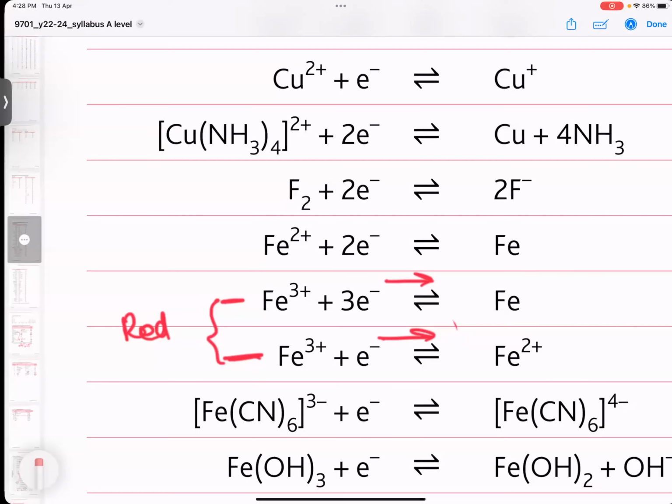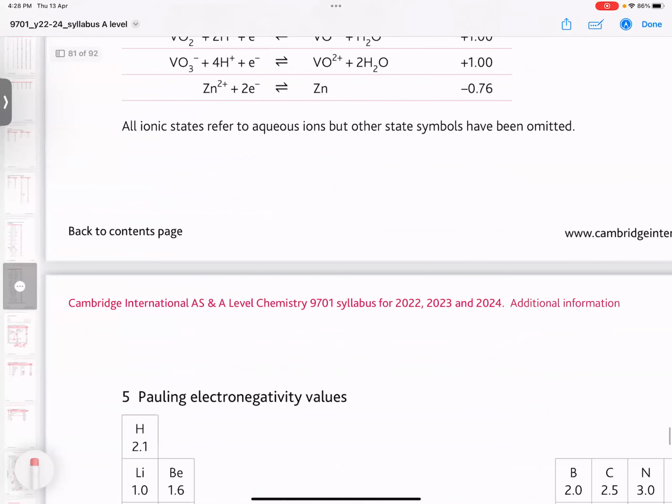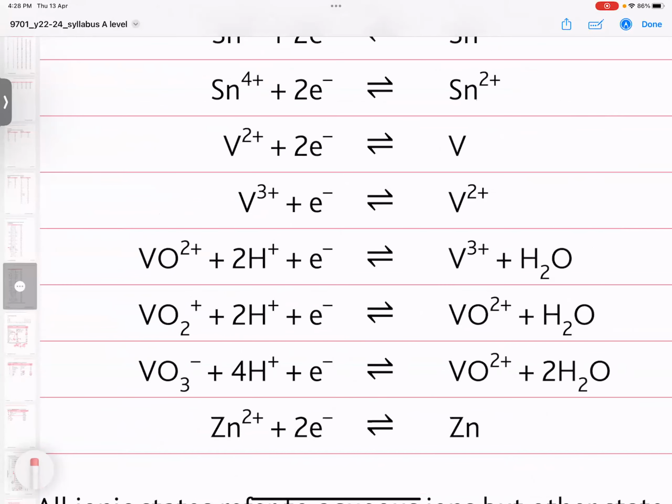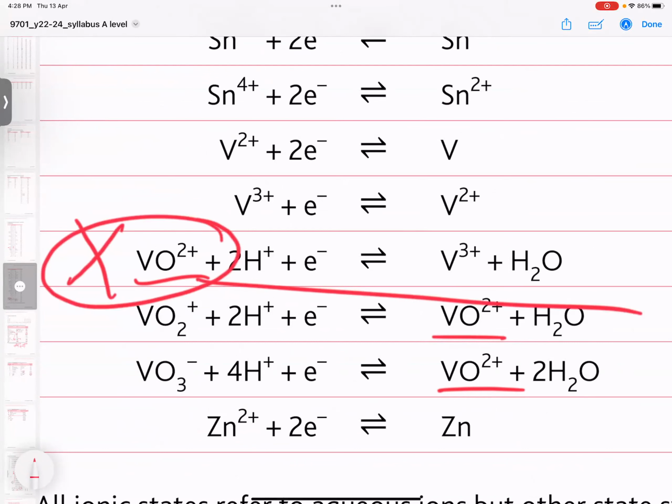जी, जो दूसरी स्पीशी थी that one is VO2 positive, right? So if the iron was undergoing reduction and iron 3 positive is on the left side of the equation, so from the data booklet the other reactant must be on the right hand side of the equation, so that's why we excluded initially this half equation. क्लियर।